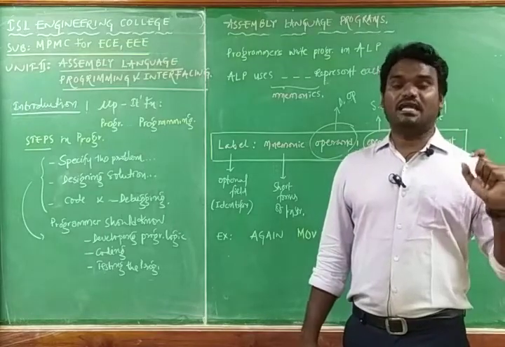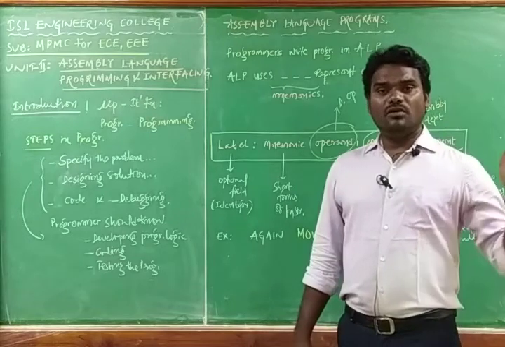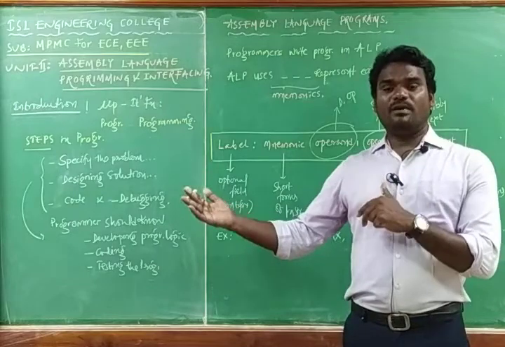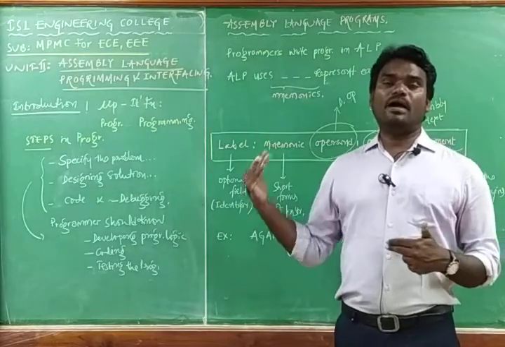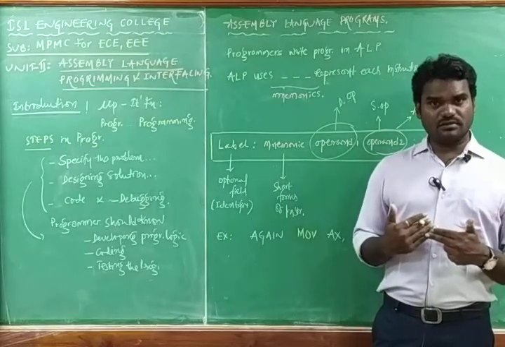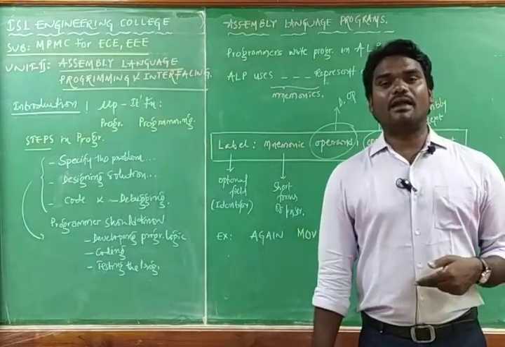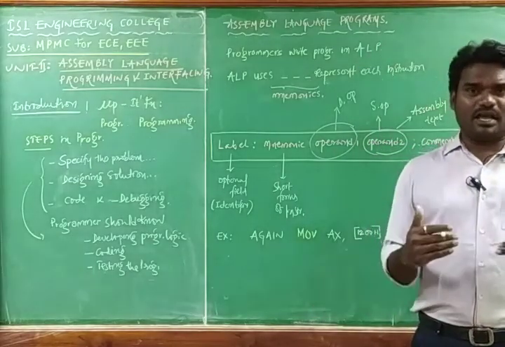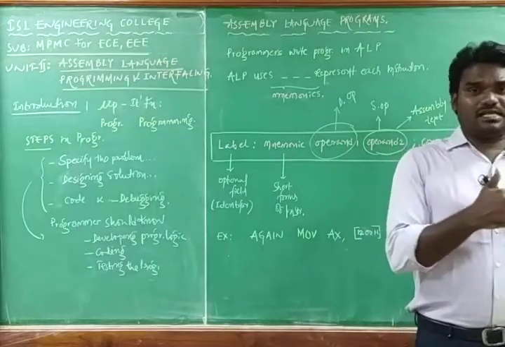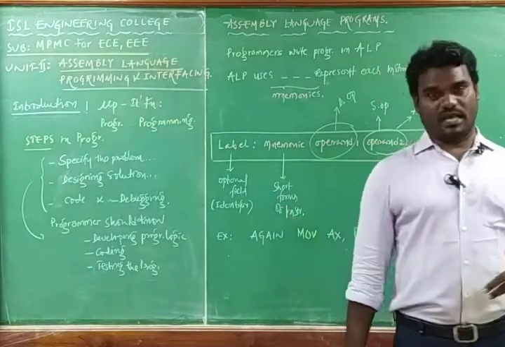It is acting as a medium between the programmer, who writes the program in assembly language, and the microprocessor, which requires the language in binary instructions only. This is about the assembler. Next we are going to discuss assembler directives. That means the directives will direct the assembler such that it converts assembly language into machine language.